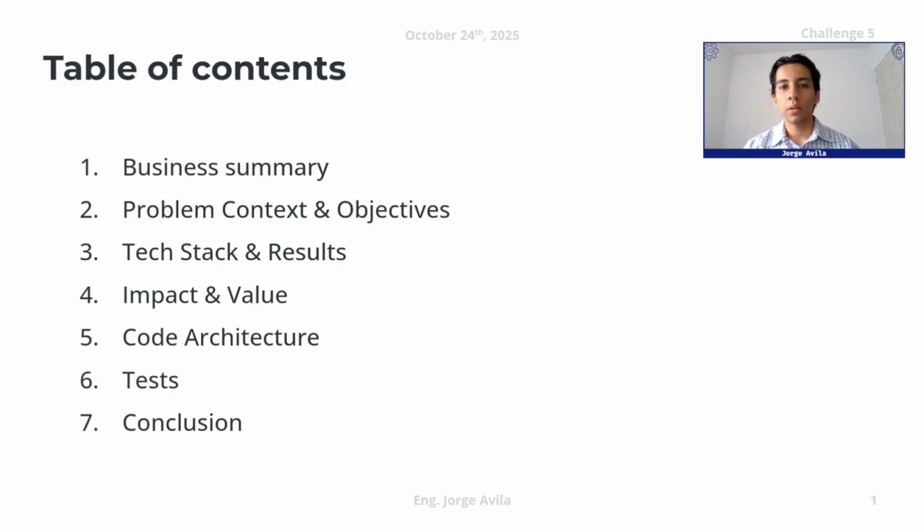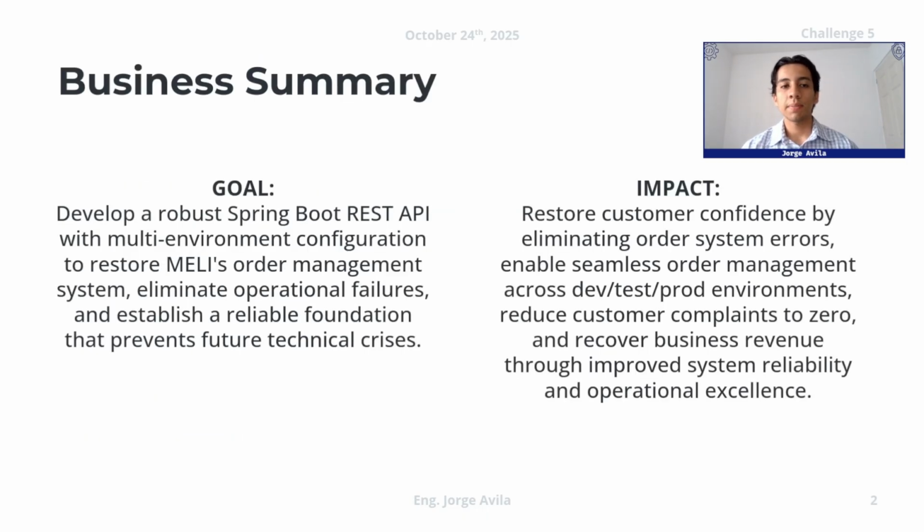Well, what we are going to see in this video: first, the business summary; second, problem context and objectives; third, tech stack and results; fourth, impact and value; fifth, the code architecture; sixth, the test; and finally, the conclusion of this challenge. Talking about the business summary, the goal of this challenge is to develop a robust Spring